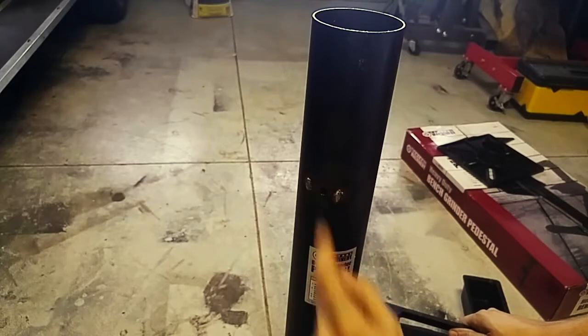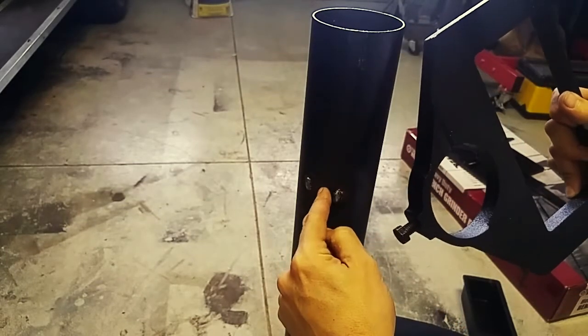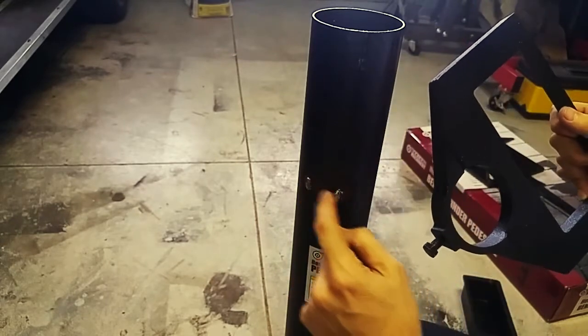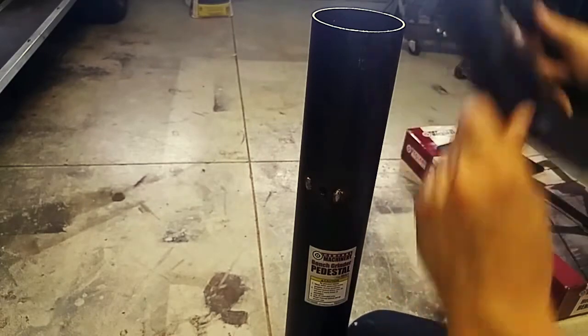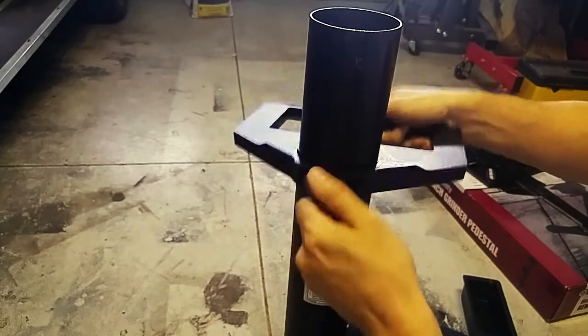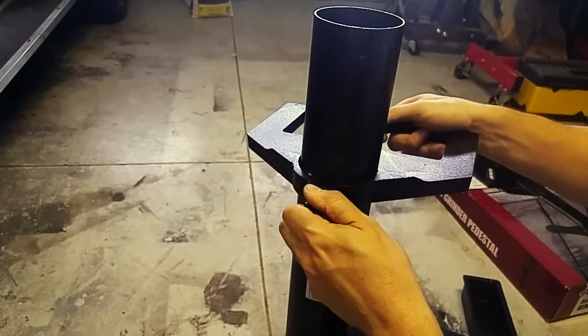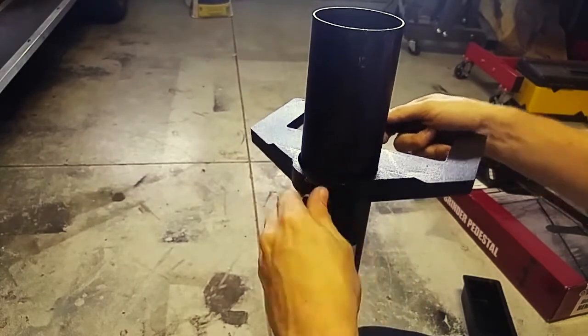So I drilled and tapped the threads here so that this screw, rather than press against the pipe, will thread into it. That'll prevent it from sliding down. You'll also see 2 little welds over here. You could use a spacer, it was just easier for me to weld it. I did that to take up some of the slack between the stand and the pipe. You can see it fits a little bit more snug here, and as I tighten the bolt, it is much